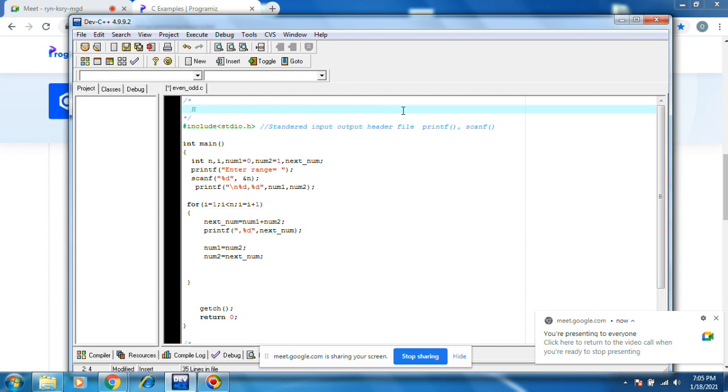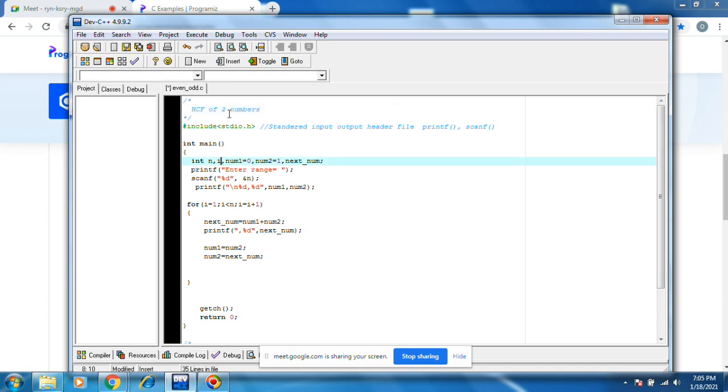This is the program name. Now, we need to find the HCF of two numbers. I am taking two numbers, num1 and num2.